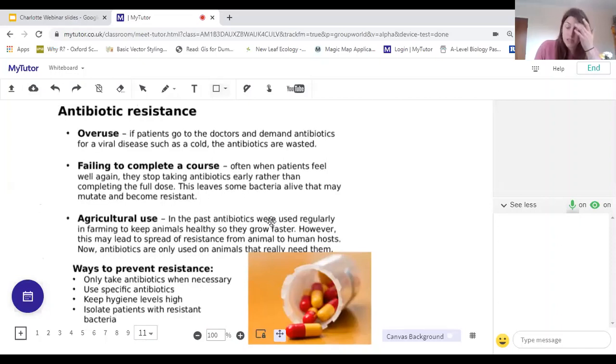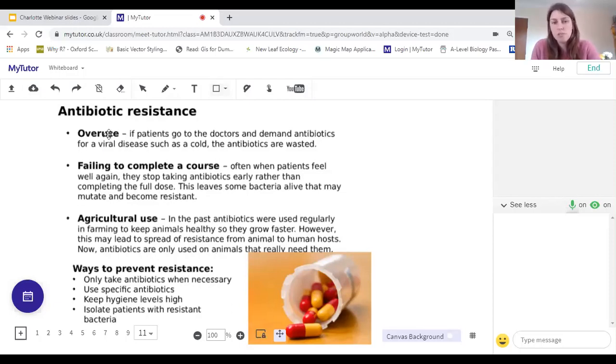So why has antibiotic resistance become a thing? Why have some bacteria become resistant? So firstly is overuse of antibiotics. If patients go to the doctors and demand antibiotics for a viral disease, such as a cold, the antibiotics are wasted. They don't work on viruses, and colds are viruses. If you fail to complete a course, so often when patients feel well again, they stop taking their antibiotics early. They think, I feel fine now, I don't need the drugs anymore, I'll just carry on. That's fine, your immune system can probably cope, but it does leave some more bacteria alive for longer that can